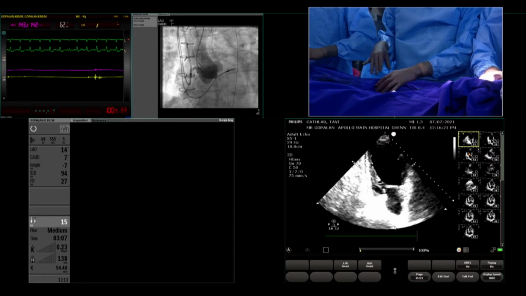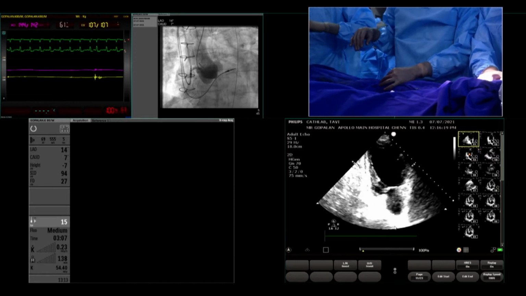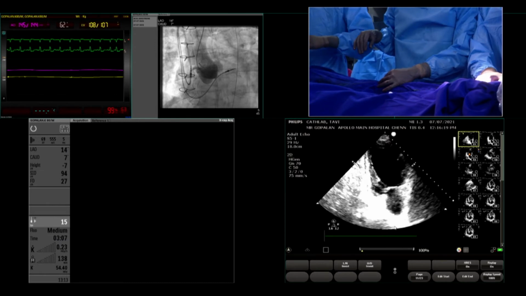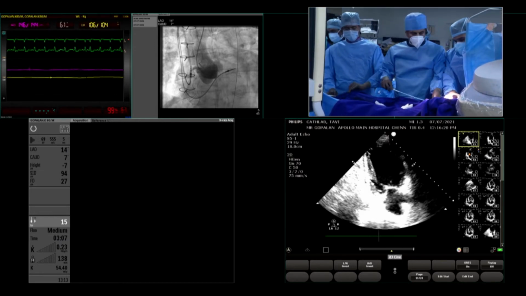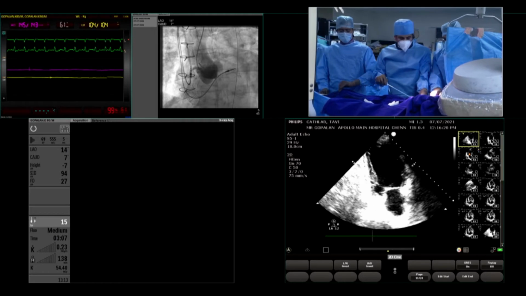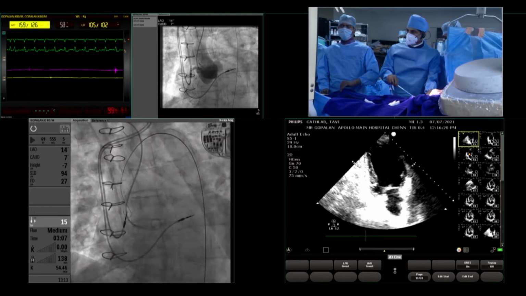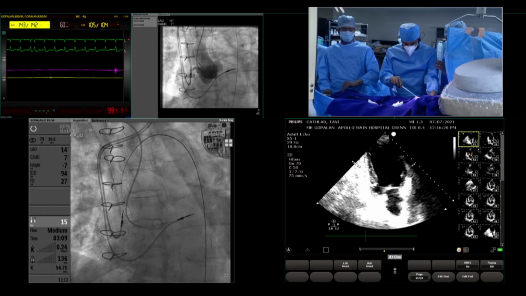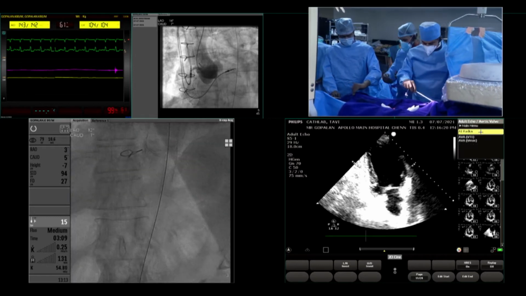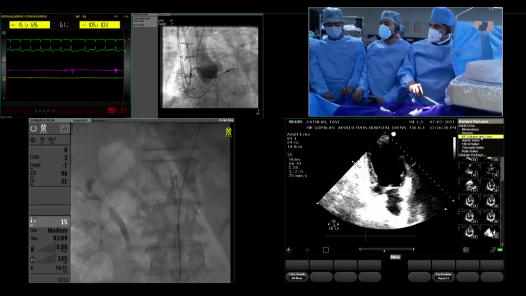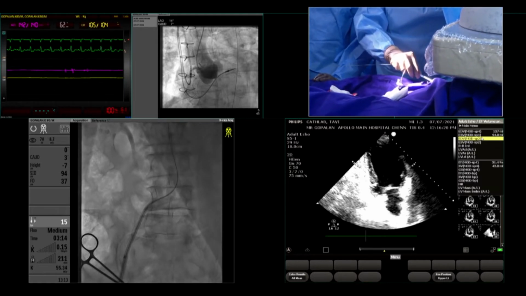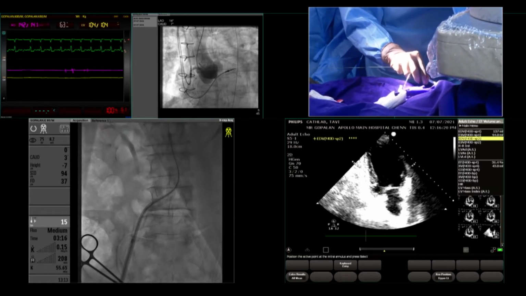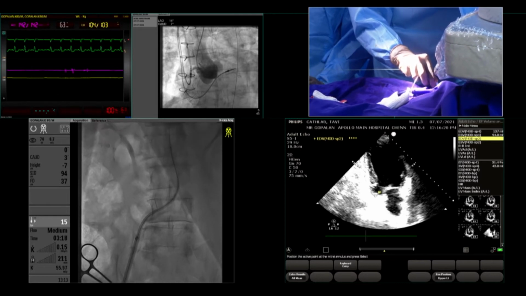So now we are taking the E sheath to the right groin. So you can see the E logo facing up. So fluoro please, make sure the dilator is in position, wire is in position. Can you show fluoro down? So this is the area of tortuosity, so I am advancing the sheath gradually.